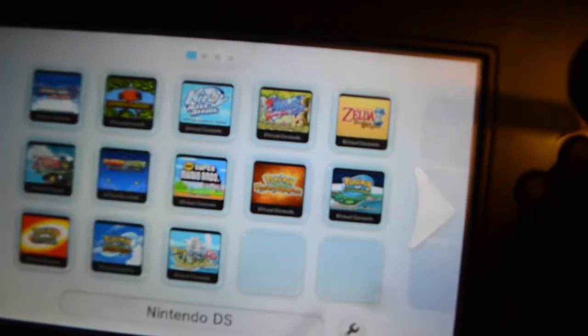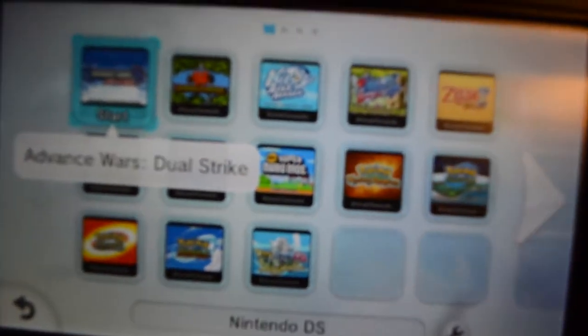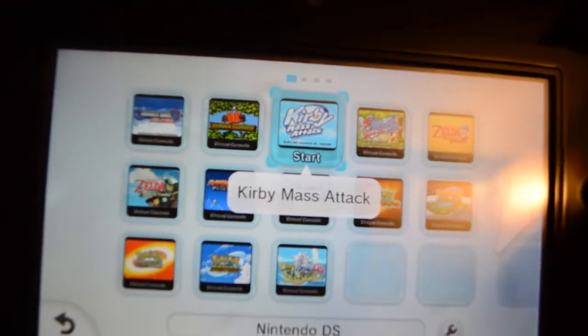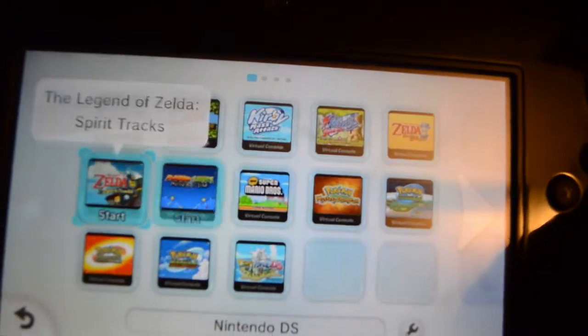I downloaded some Nintendo DS games because I learned that I can play some DS games on the Wii U, which would be great to record for the channel without using emulators, because I don't have a modded DS. I'd love to get a modded 3DS so I can play DS and 3DS games, but for now, this is okay. So I got Advanced Wars Dual Strike, DK Jungle Climber, Kirby Mass Attack, Kirby Squeak Squad, Phantom Hourglass, oops,